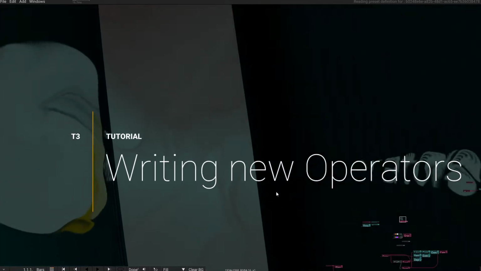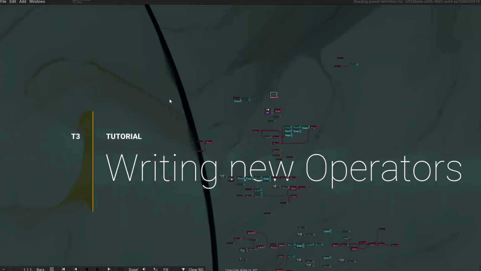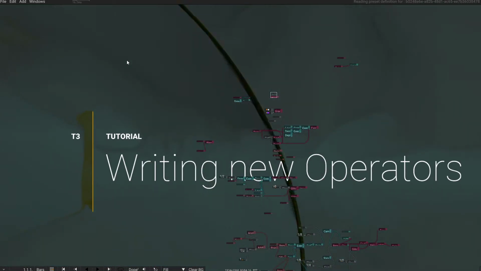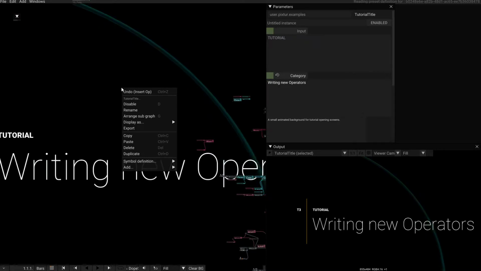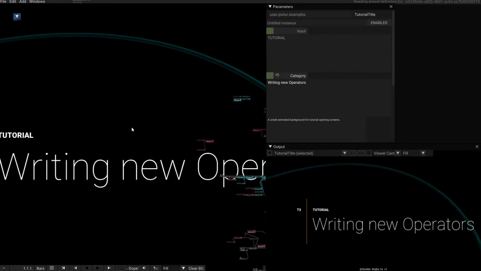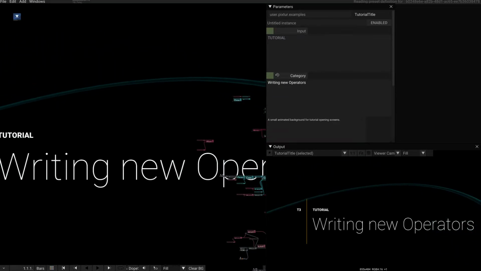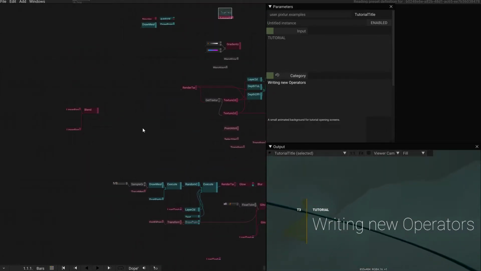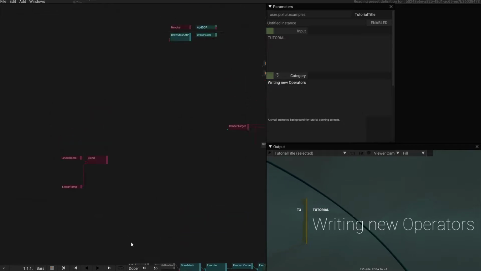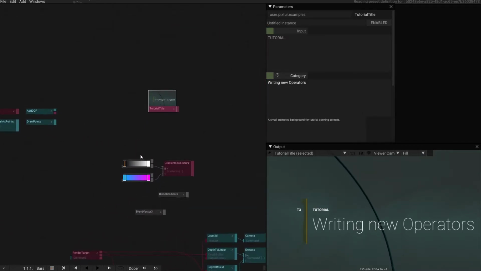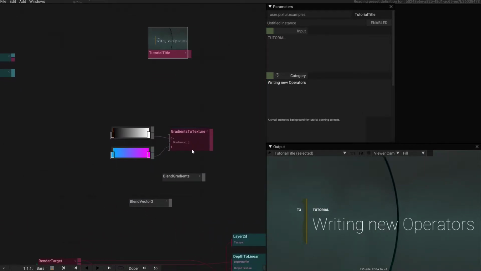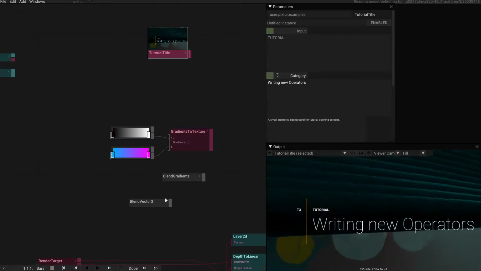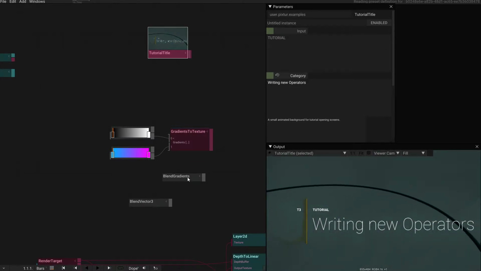So maybe first let's clean the background here. I already created something here. Where is it? There, here. So I thought a little bit about how you would actually do this, and I prepared a little bit here, and I already started with